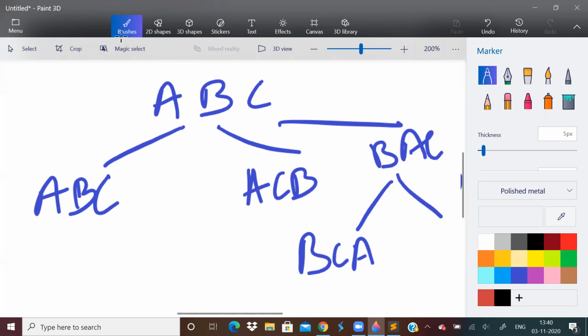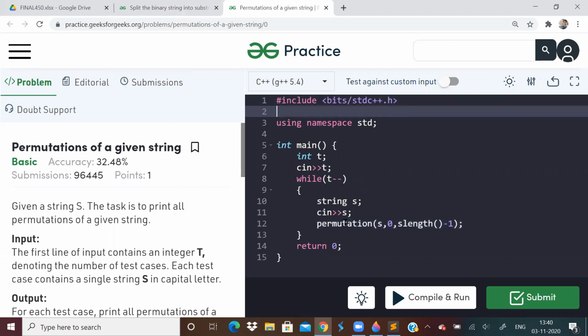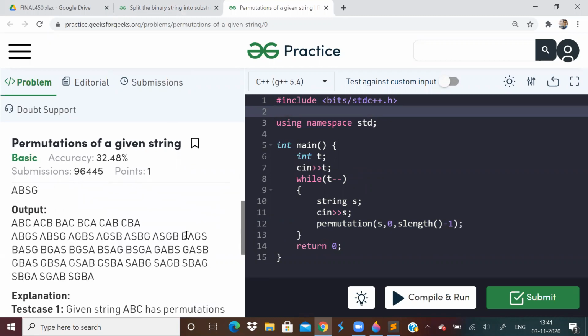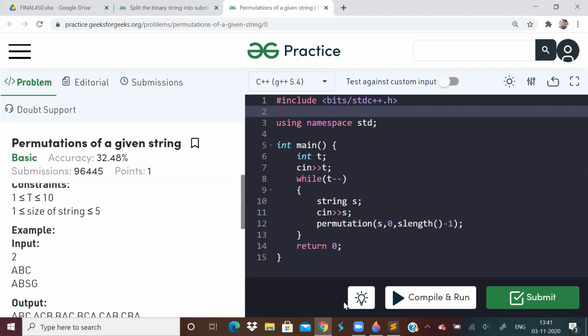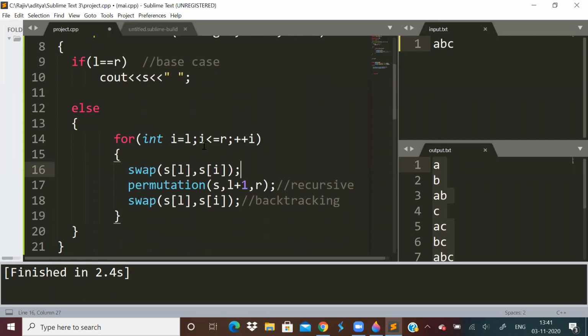But at every step you have to go back, do backtracking, and check if there is any other swapping left. To understand this better, you can look at the GFG article itself. The diagram is more clearly explained over there. But the code for this problem is this only, this void permutation function.